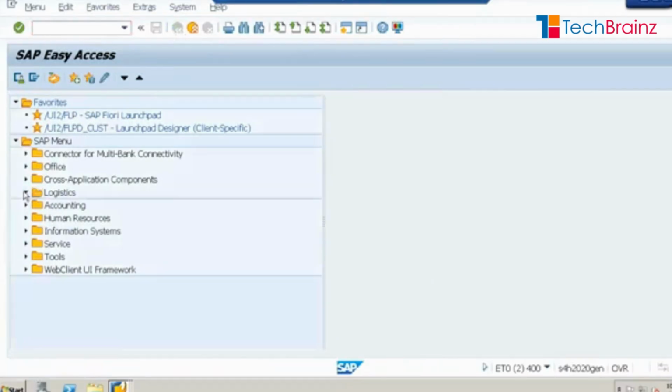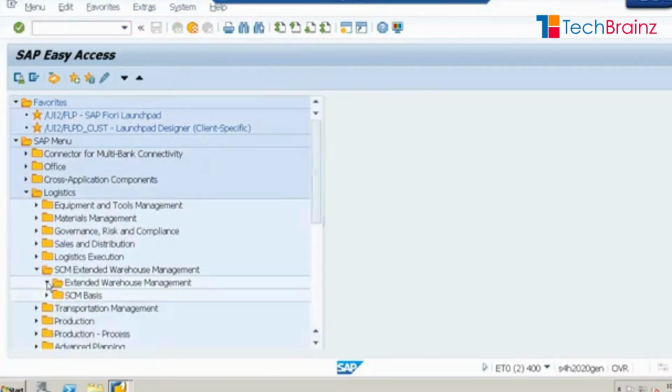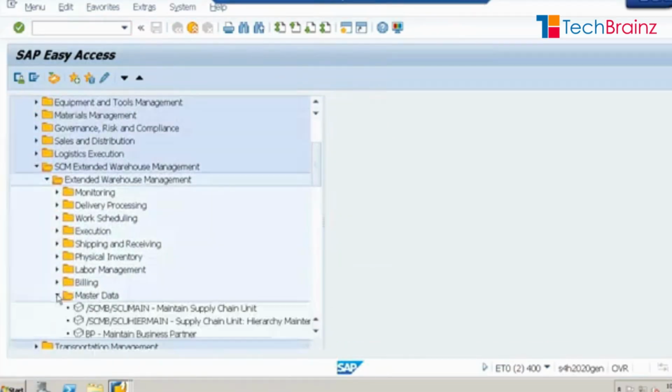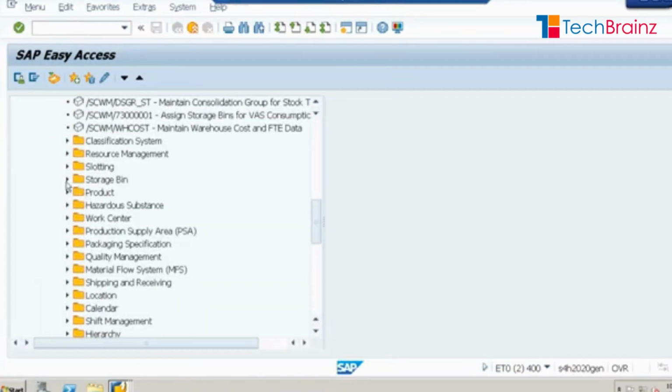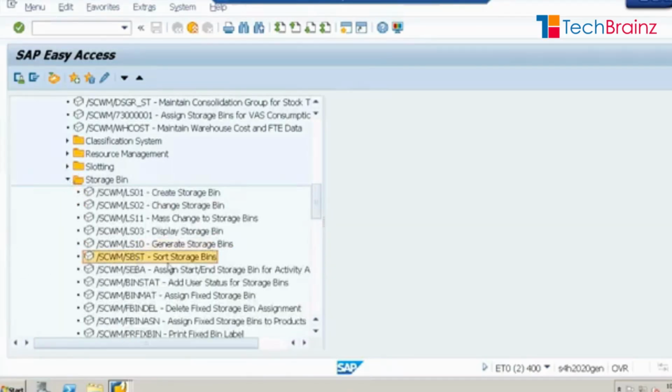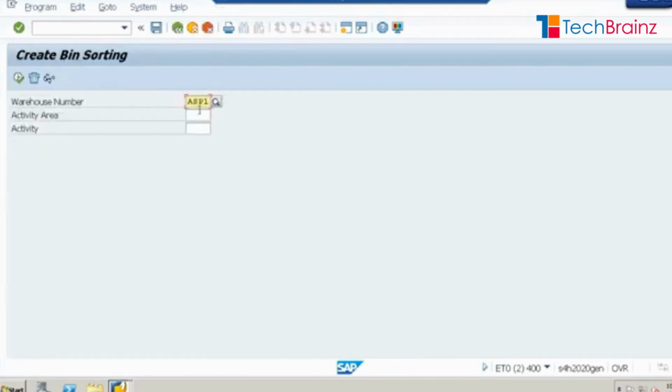Next, there is a transaction code for sorting. It's in master data, storage bin, SBST, sort storage bin. Sort ASP1, activity area AA2A. I will just create bin sorting for one activity area. I can do it activity-wise, or I can leave activity blank and it will create for all activities of that activity area. Right now, click on display, there is nothing. So when I execute,